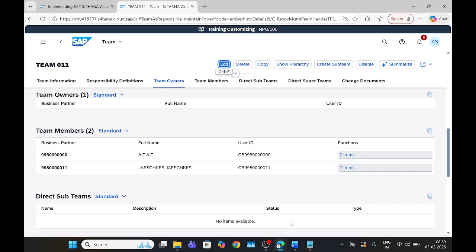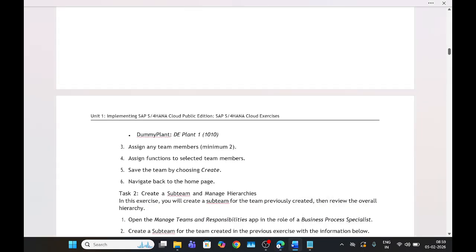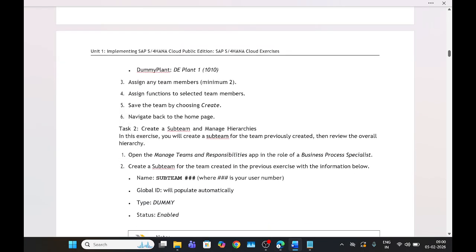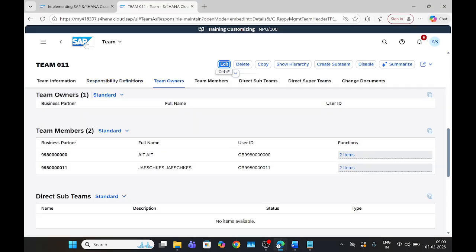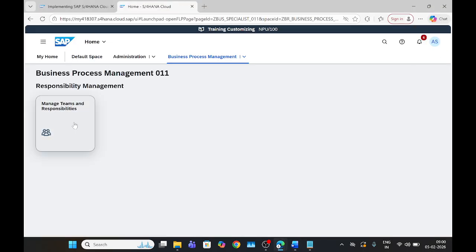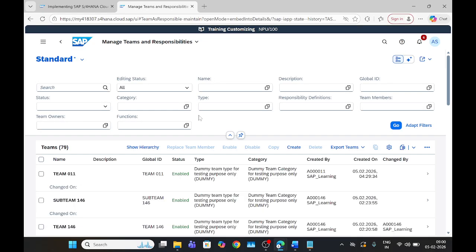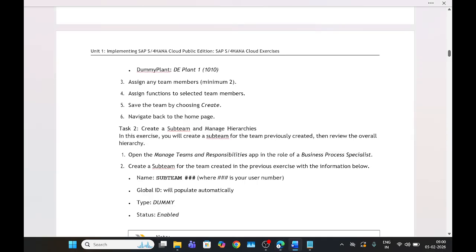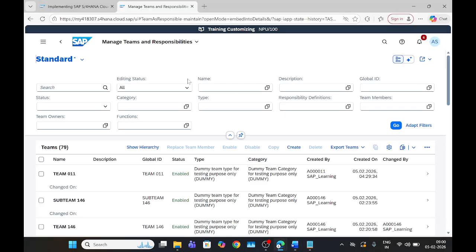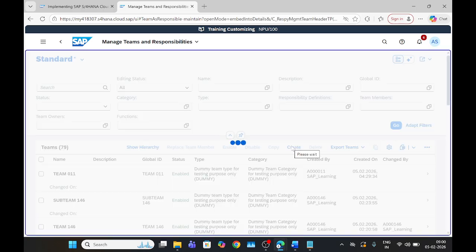Now next. Create a subteam. It is saying go to the home page. Create a subteam. It means select the same application. You can see create a subteam for the team created in the previous exercise with the information below. For that you have to manage team and responsibility app in the role of a business process specialist. So manage team and responsibility, create,